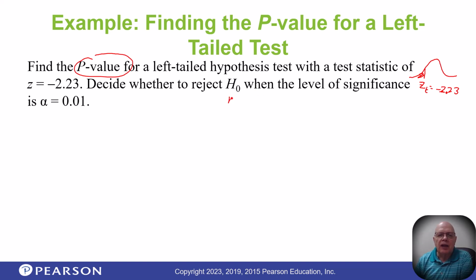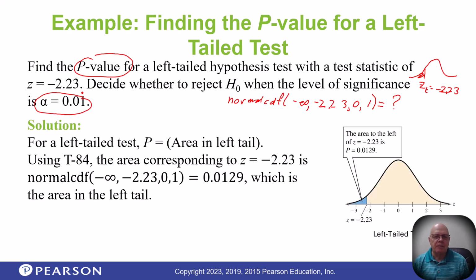So we're going to take normal CDF, negative infinity to the negative 2.23, 0 and 1 because we're using z values, although we don't always have to, but in this case we are. And when we get that, we're going to compare it with alpha. So let's see. It seems the area back here is